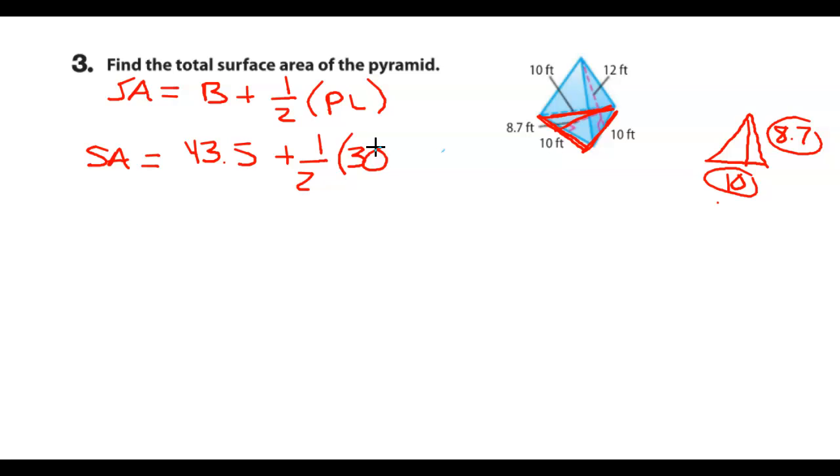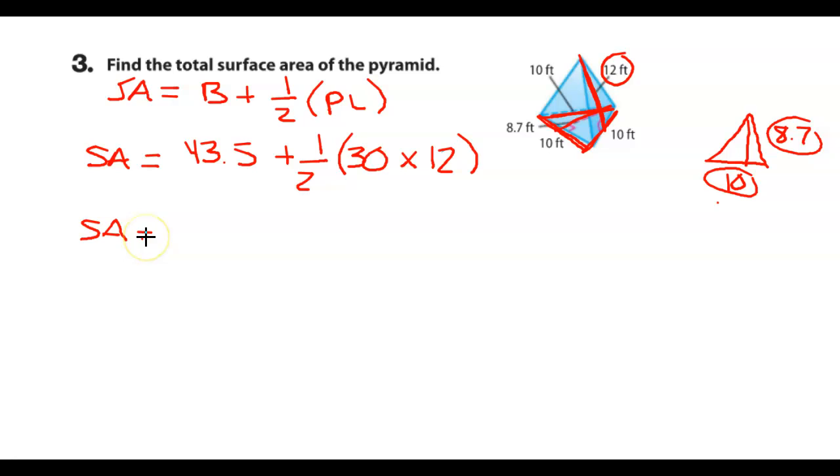And the length of the slant is right here. So the length of the slant is 12. Okay, so we'll say 30 times 12. So it looks like it's a really hard problem, but once you get started on it, it's not too bad. Okay, so let's go ahead and say that the surface area